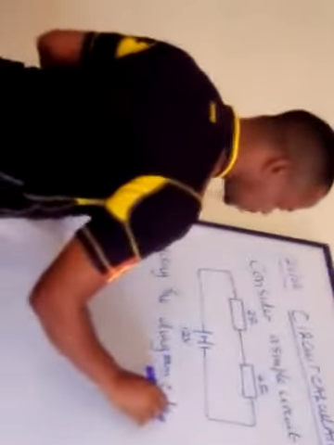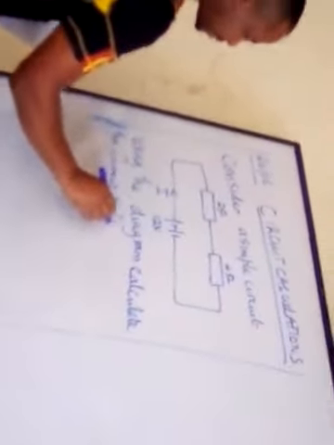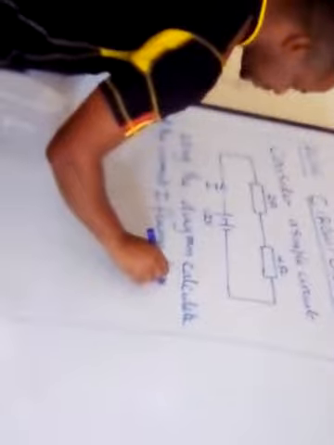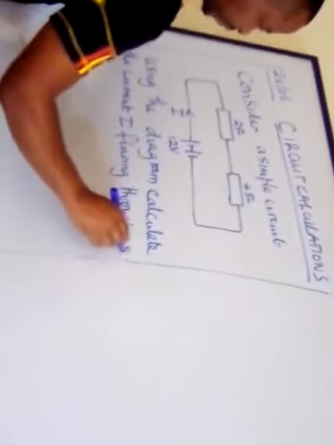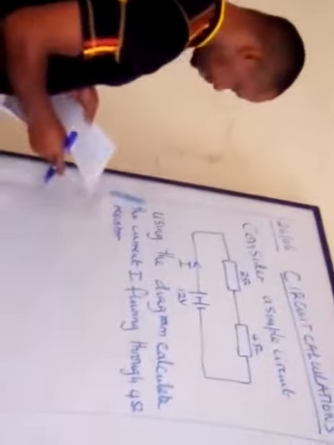We can be asked that using the diagram above, they can ask us to calculate the current I flowing through, for example, the 4 ohm resistor. Now,